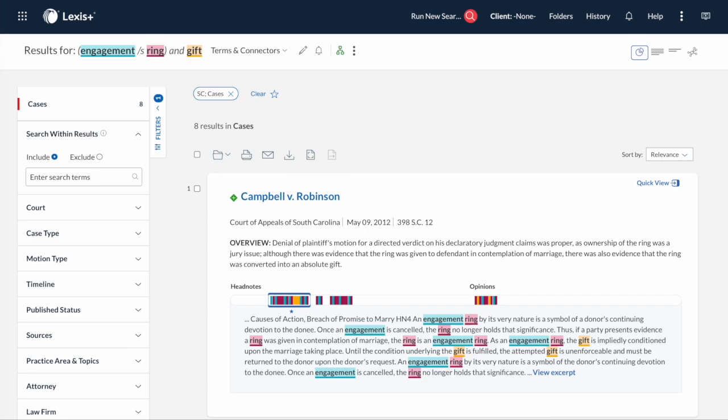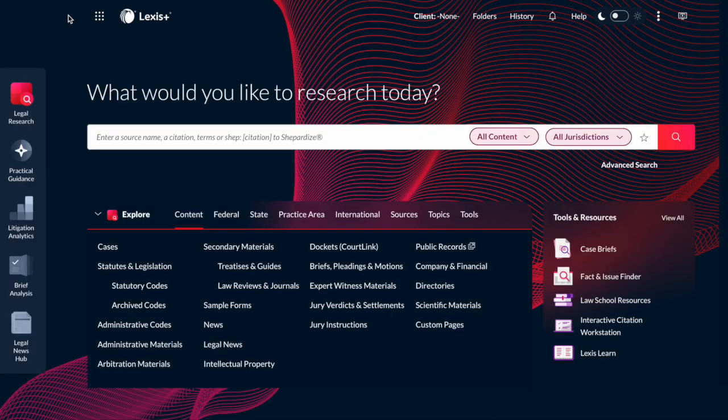There are 8 results where engagement appears in the same sentence as ring, in addition to the term gift elsewhere in the document. Back at the Lexis homepage, we'll try a secondary source. Again, I can call up ALR by its title in the global search bar, or I can browse by the pre-search filters. So if I click into secondary materials,